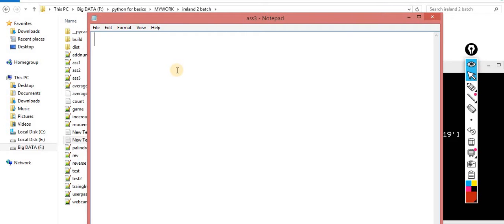Assignment 3 is that you are getting some data. Let's suppose I am taking a static string this time, but the code will work for a dynamic string as well, where the person will enter it. So let's suppose I write I love Python. This one is my string.